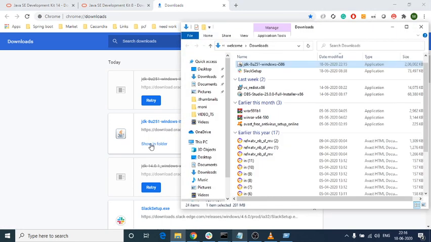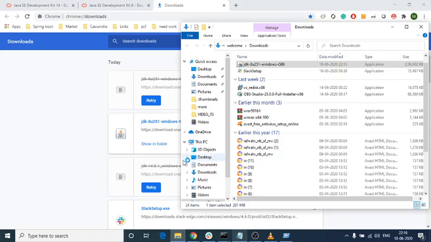Now I am installing the JDK. You can just click this, or you can run as administrator. In Windows 10, if your system is Windows 10, it will ask for verification.